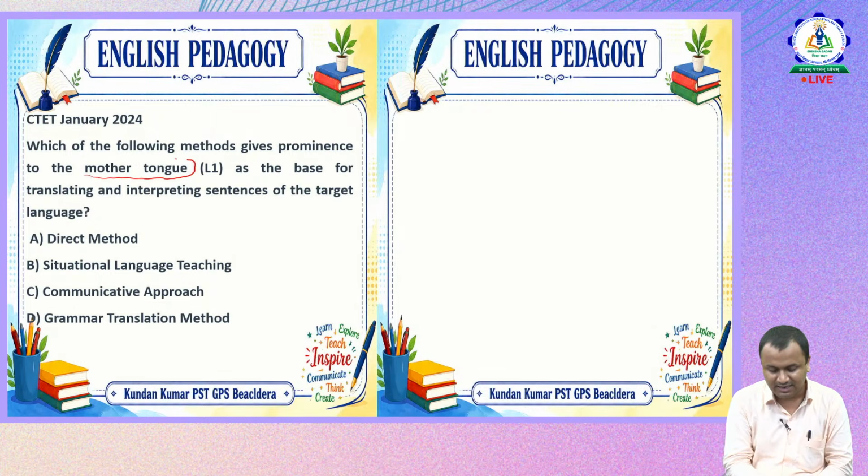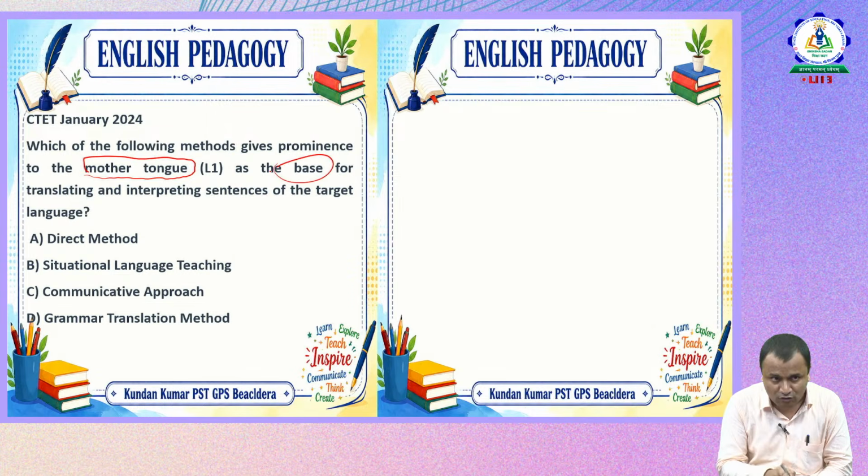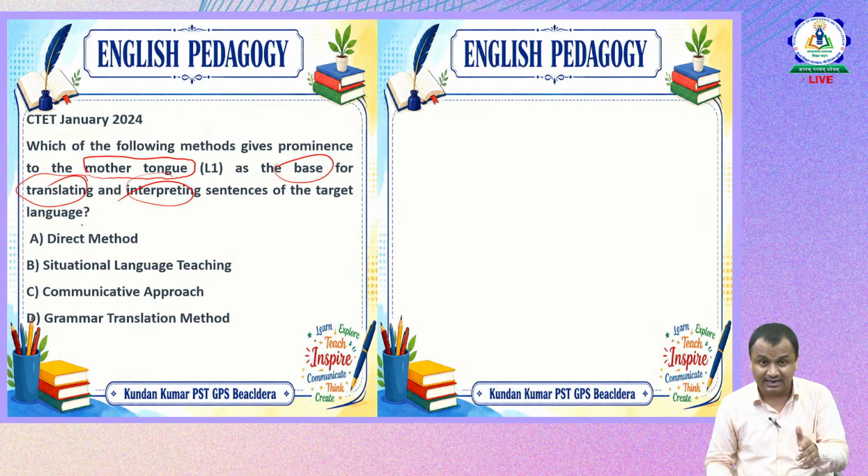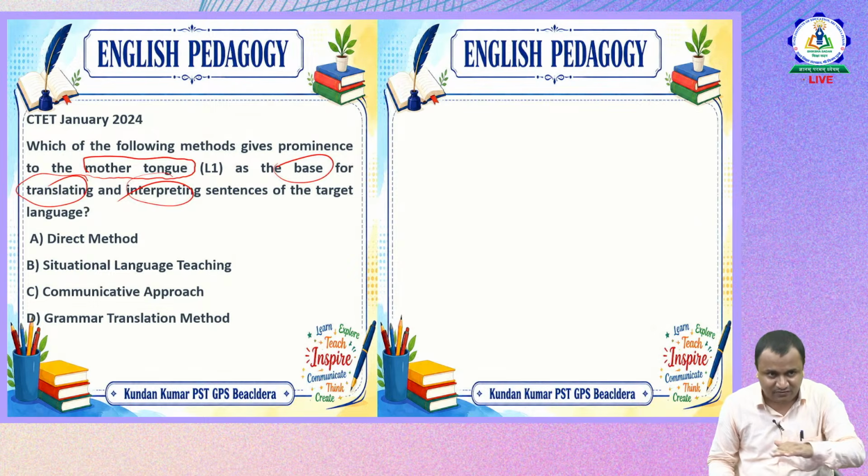So mother tongue acts as a base, as the foundation for the translation, for the interpretation of the sentences. When we say mother tongue acts as the base, we use the grammar translation method,